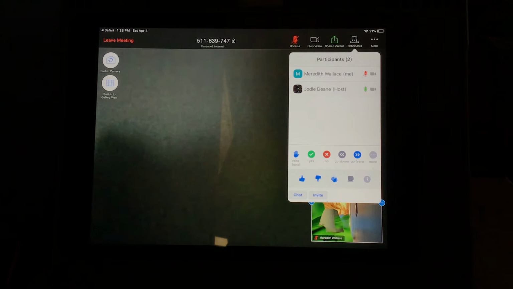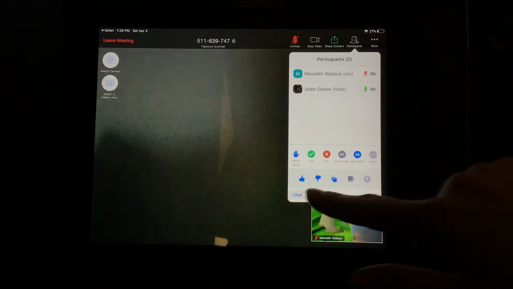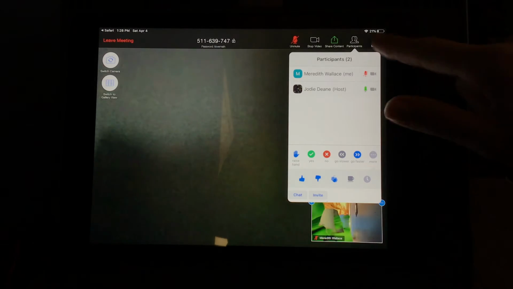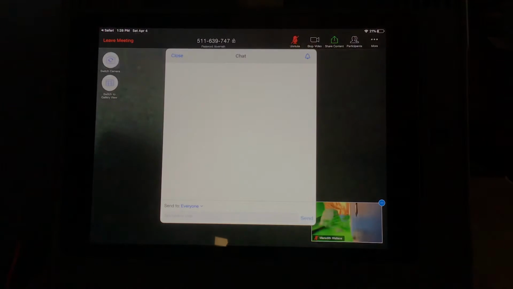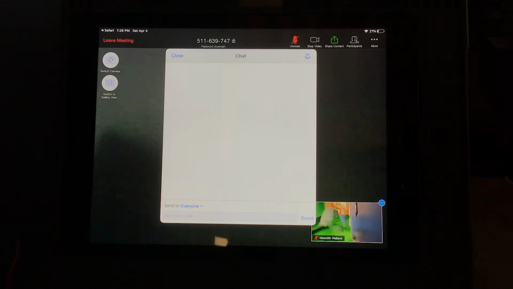Just remember, these things are not to play with, they're not for fun. They will keep dinging on my end and they'll be interrupting my lesson as well as everyone else's learning. And that also goes for the chat. You can hit chat from here, or you can go here and hit chat as well. I have it set up that you cannot private message each other. You can only message the group.